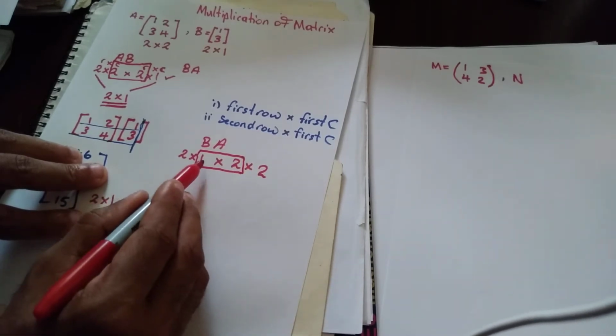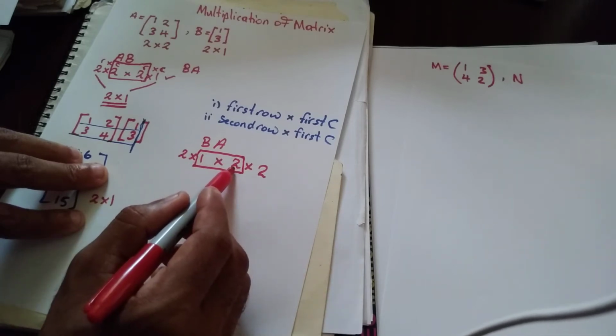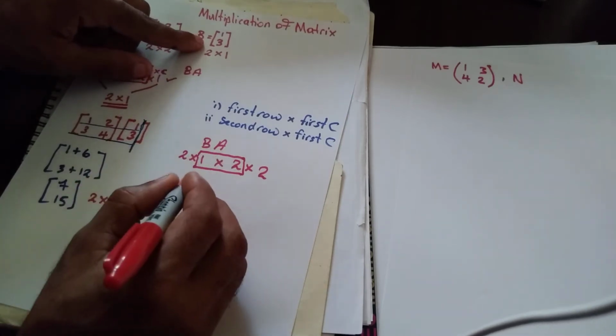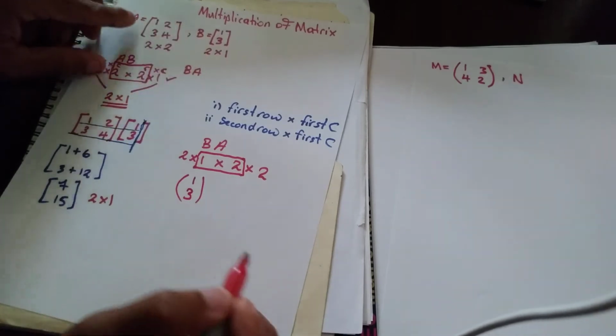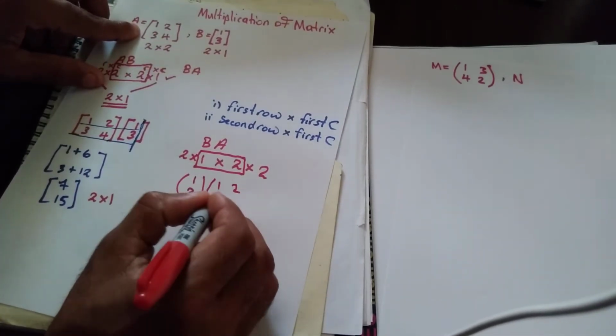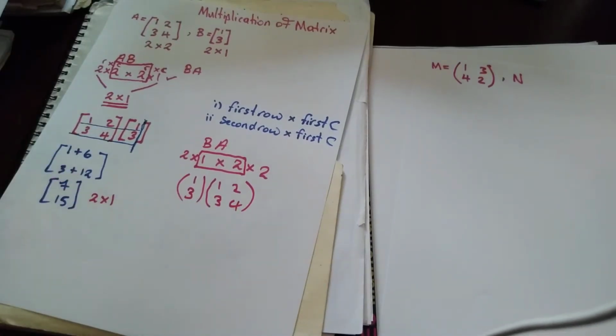No. Why? Because the number of columns in the first matrix is not equal to the number of rows in the second matrix. Let me show you what I'm referring to. So matrix B is going to go to the front, so it's 1 and 3, and matrix A is going to come at the end here, 1, 2, 3, 4. So remember, when we multiply matrices, first row times first column, first row times second column, second row times